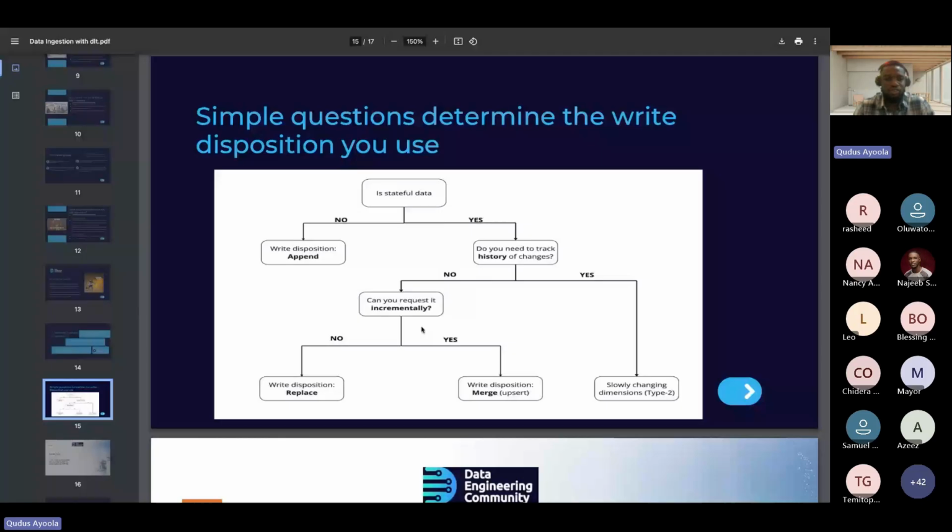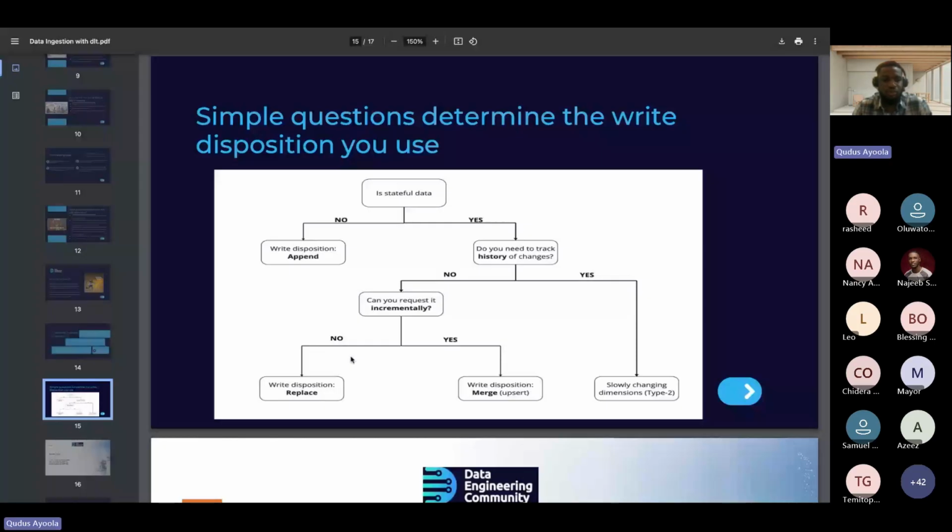If you can track the changes, but you can't bring the data in incrementally, you have to use your merge query, which means you are trying to update existing records and bring in the new ones. Using your customer ID, you can match the data to your destination data in order to update that record. Then in a situation whereby you can't bring it in incrementally, probably because there's no ID to bring the data in incrementally, you can use a replace statement.